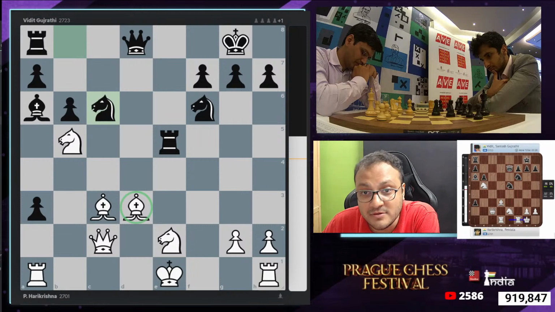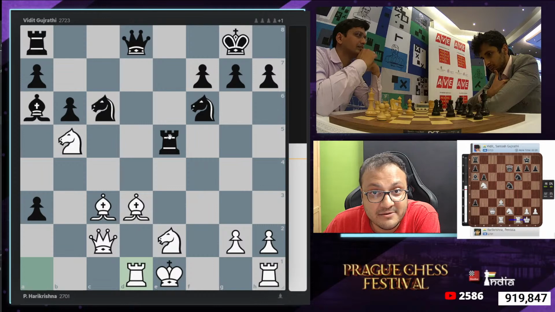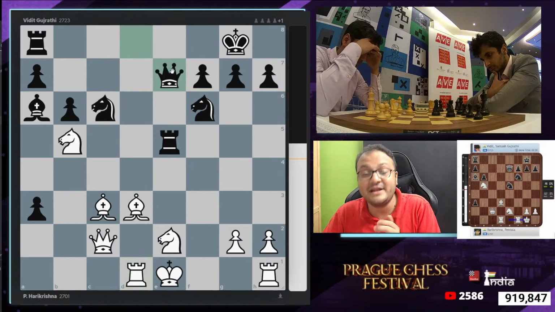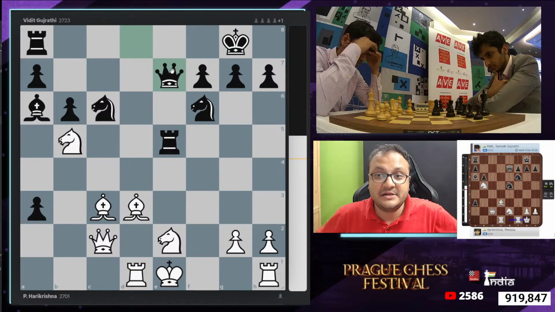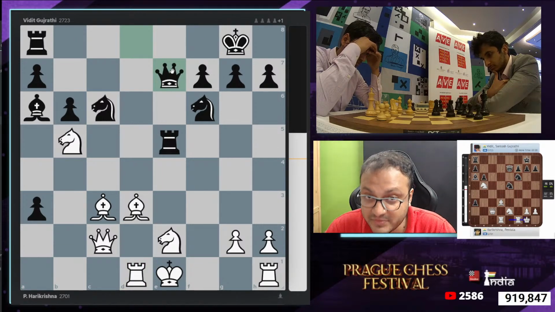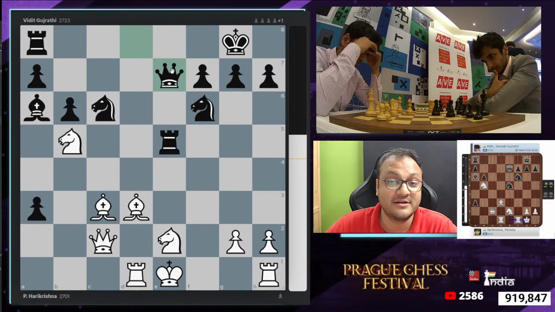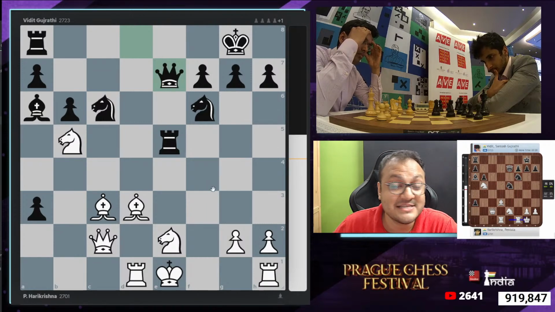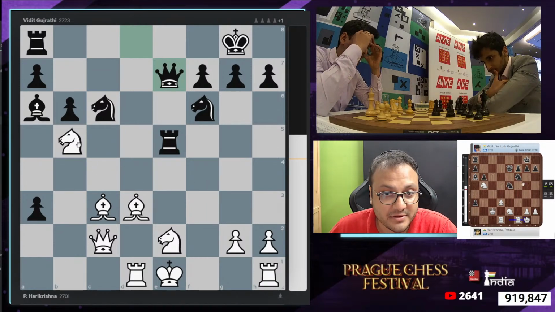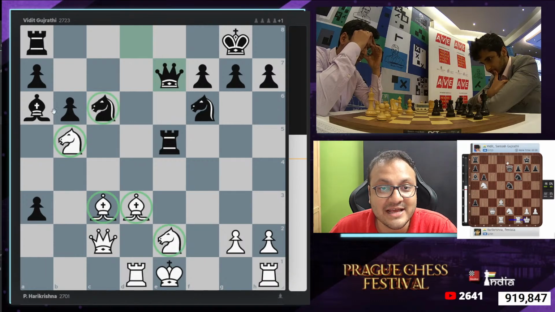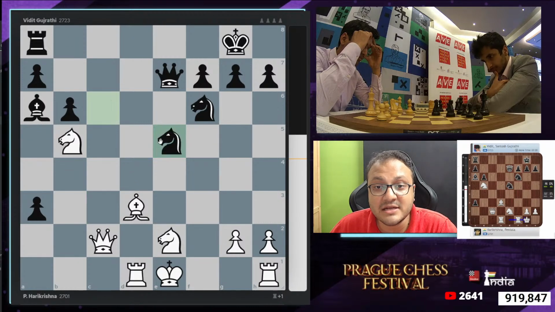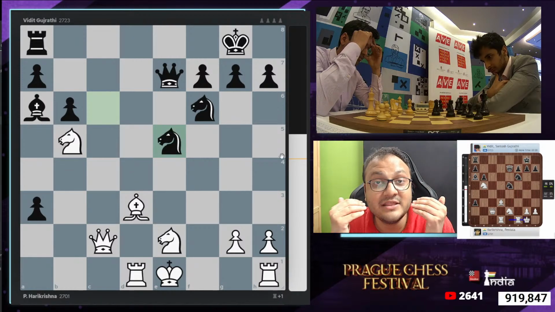And going back now, so knight c6, rook d1, Vidit said, by queen, bhago, let's run away from that file. So he played queen to e7. And now Hari said to Vidit, look, if I don't take your rook now, you're going to escape. And materially, Harikrishna is right now a piece up. 1, 2, 3, 4. Vidit has 1, 2, 3. So when you take a rook, now the resulting material balance is Vidit is now a,